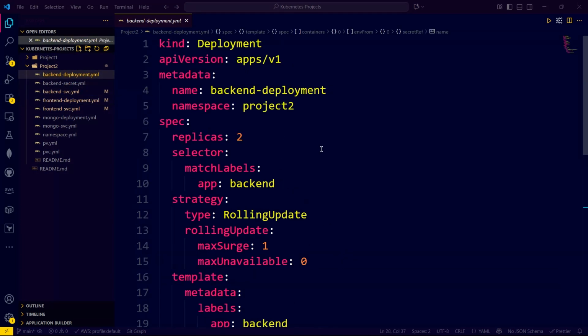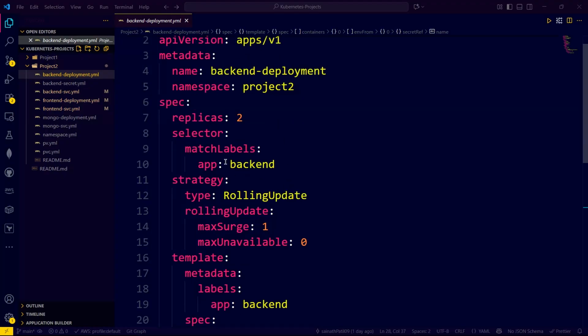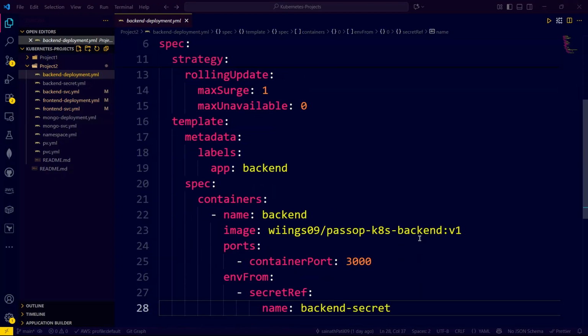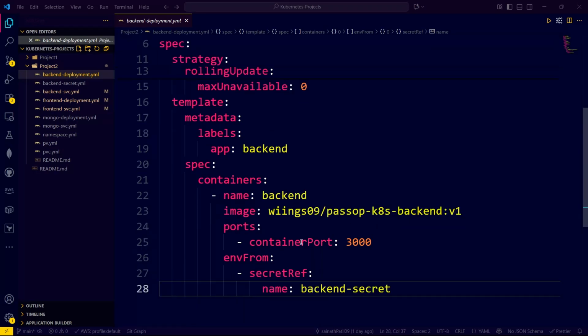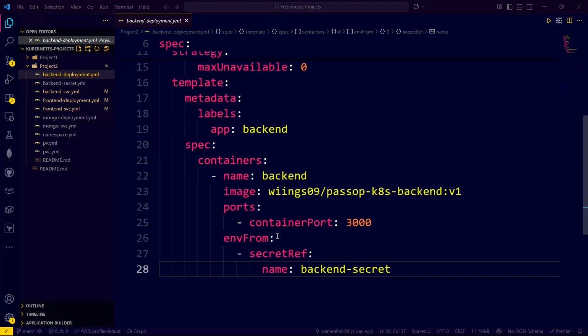Similarly our backend deployment, everything remains the same, we're just changing the names here. As backend deployment, the namespace remains the same. Again, labels we are changing to backend, and the container image name we are changing, and the port that we are giving here is port 3000, because our backend is running at port 3000. And something else we are passing is envFrom. This means our backend needs env variables, and those env variables we have created via the Kubernetes secrets,